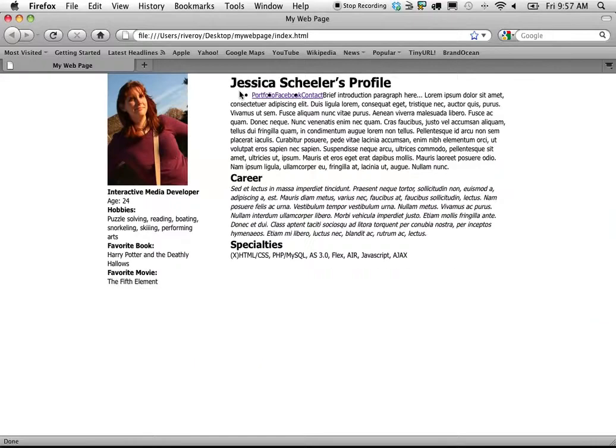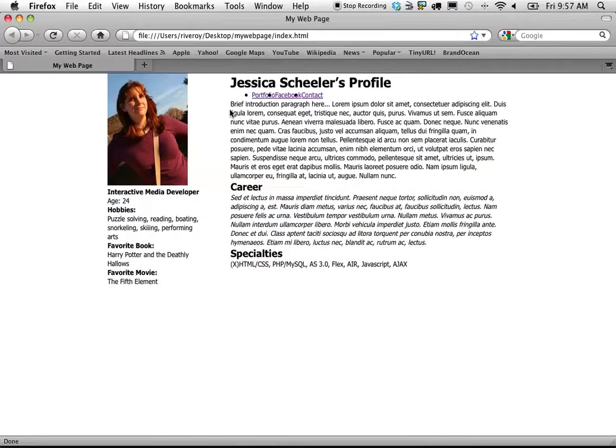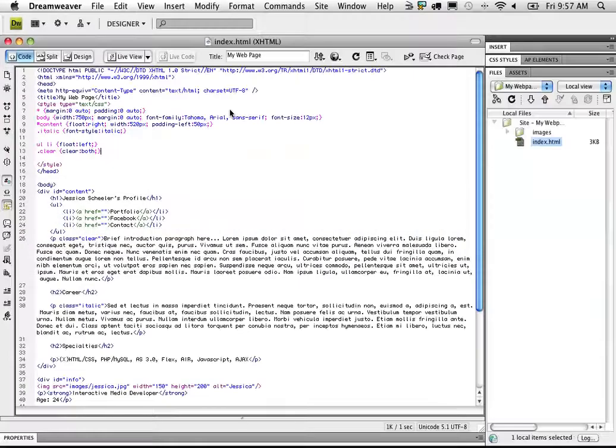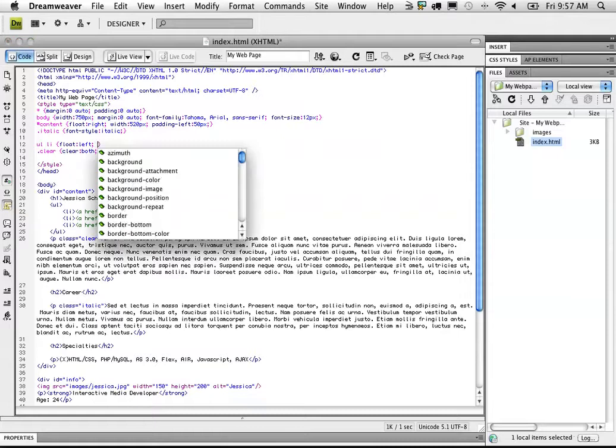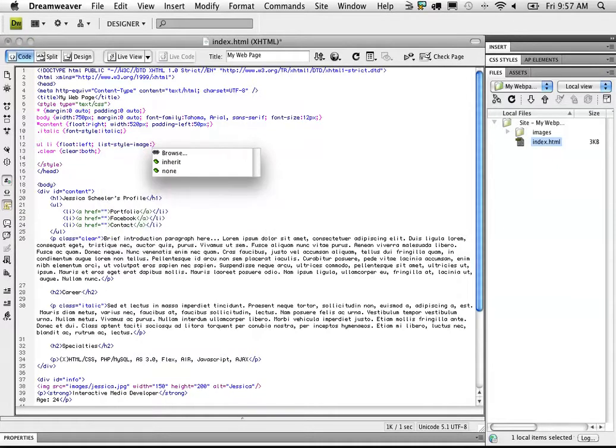So like right here we have our links, and then the next paragraph automatically goes right to the end of the link. We want it to go to the next line, so we use the clear property, and it breaks it down. So I'm going to style the links and give them a little float left. For lists, you do their list styles, list style image. You can add an image where the dot is,